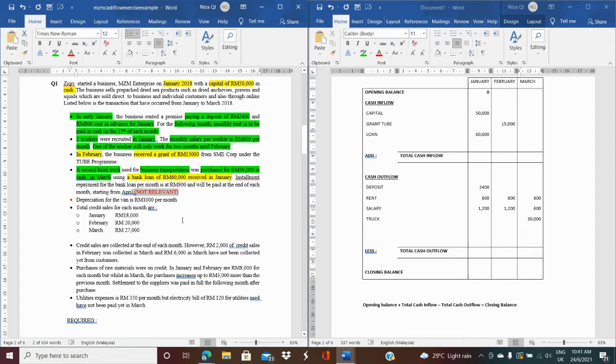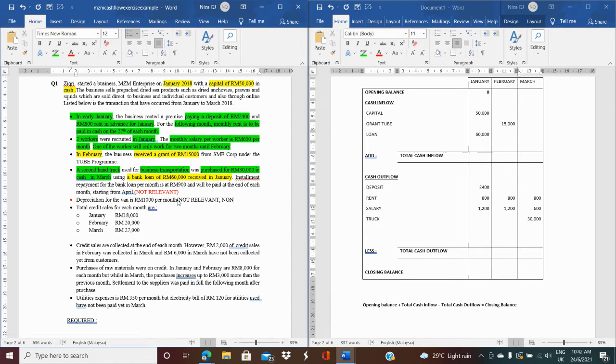Okay. Then look at the following information. Depreciation for the van is RM 1,000 per month. Okay, so when you prepare the cash flow, depreciation is not relevant. Okay, so it's not relevant. Why is depreciation not relevant? This is because it is not a transaction that involves real money or real cash going in or out